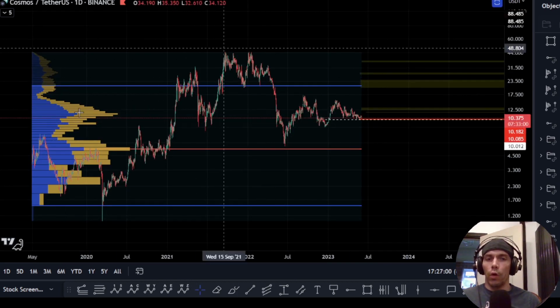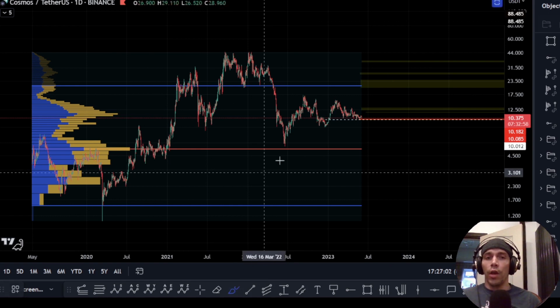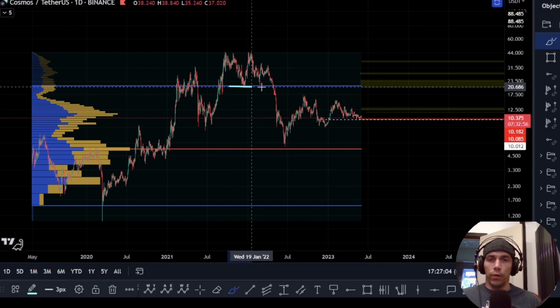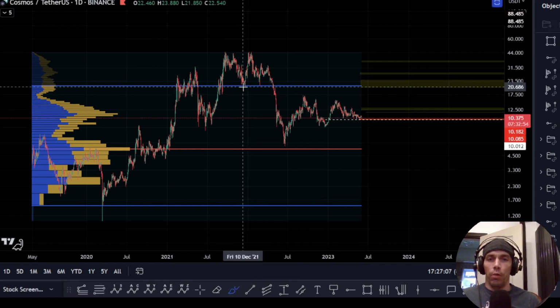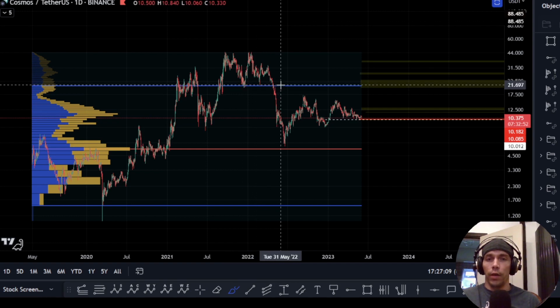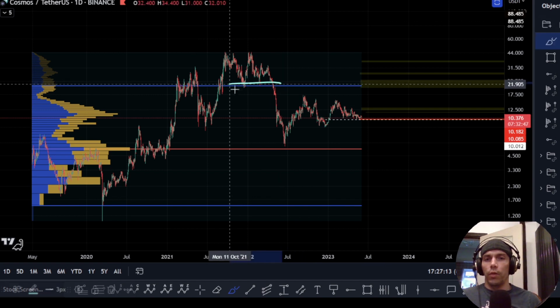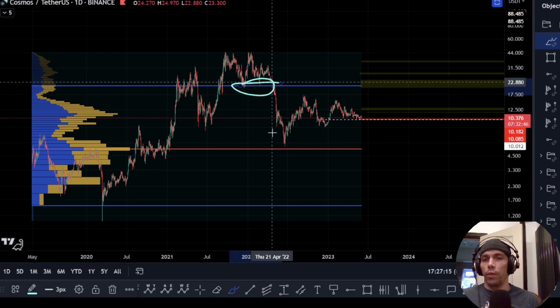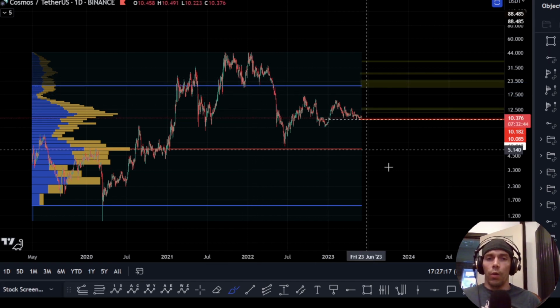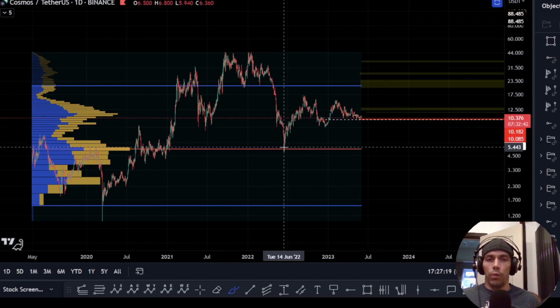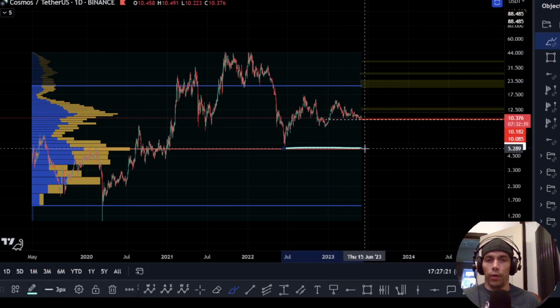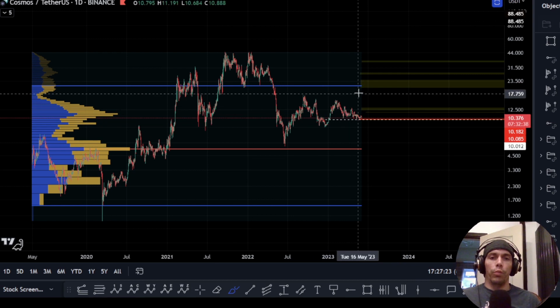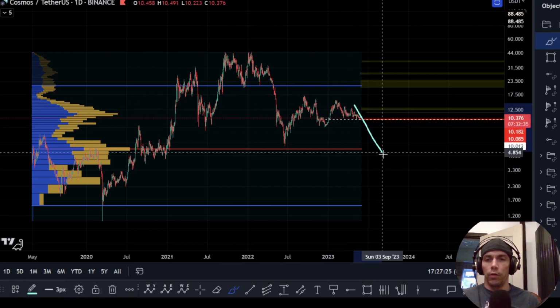profile. So if we treat this whole entire area as a range, what we can see, which is why I also think it's quite an interesting level, is this value area high is currently sitting here towards this zone of this $21. So that would actually be looking to bring us back into these previous structure lows up here. As well as that, we can also see that we do have this point of control lower down here. So if we did have to still push down one more time, this could be quite an interesting zone to